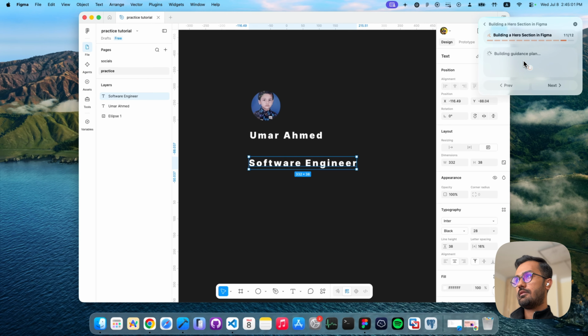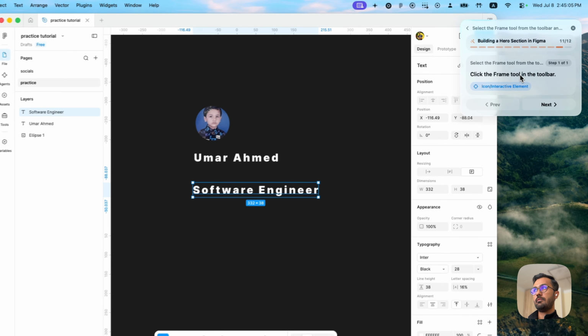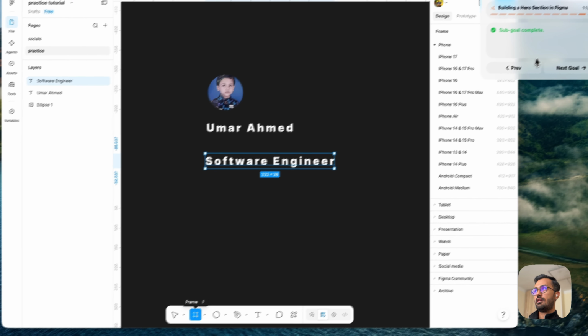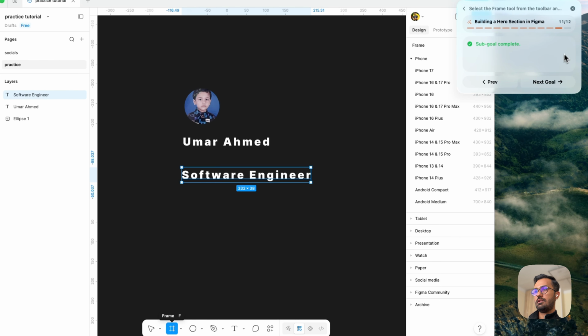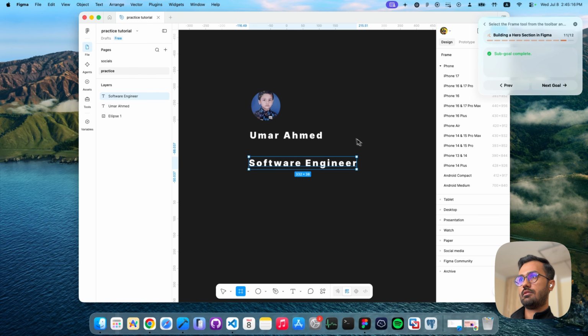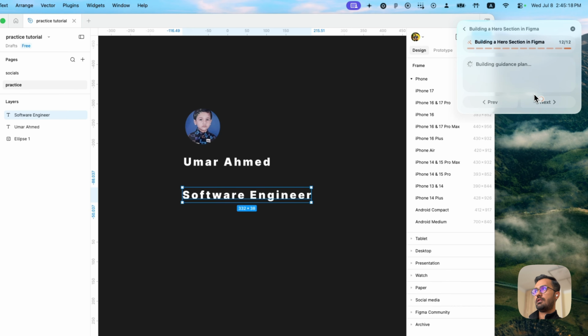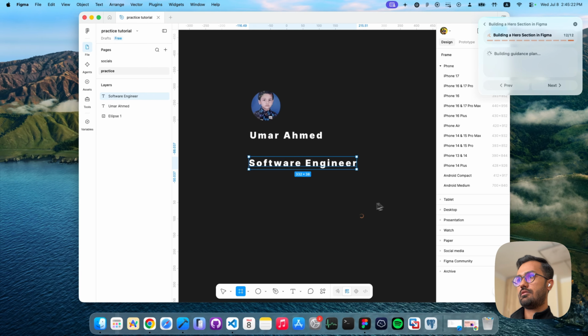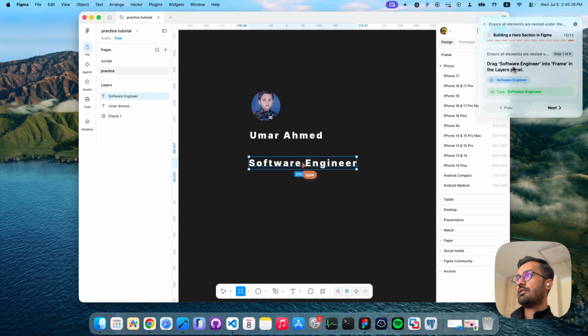Almost at the end, the second last step, and we need to click on the frame tool in the toolbar. Okay, we click next, and okay, and the next goal. This is the last step to do the frame. Drag software engineering to frame in the layers panel. Okay,